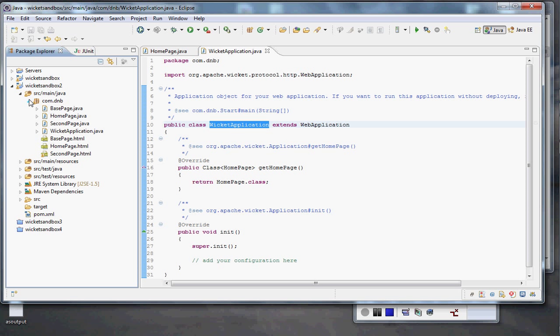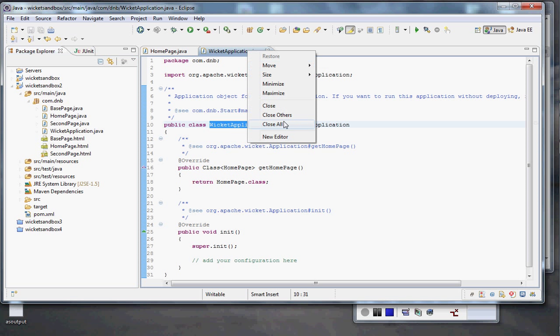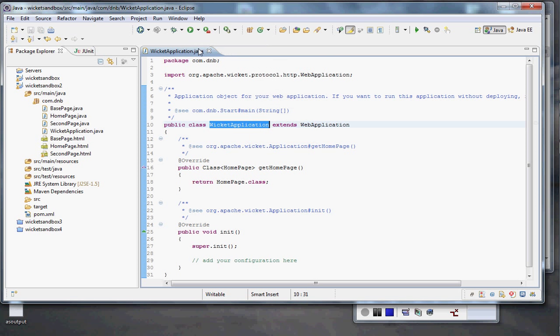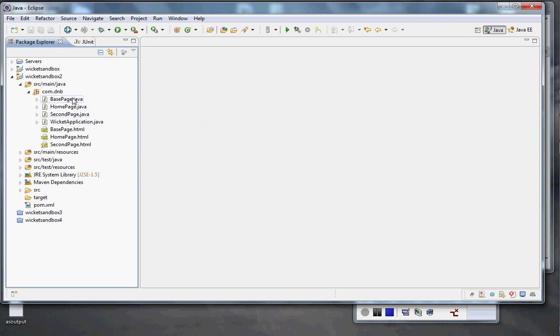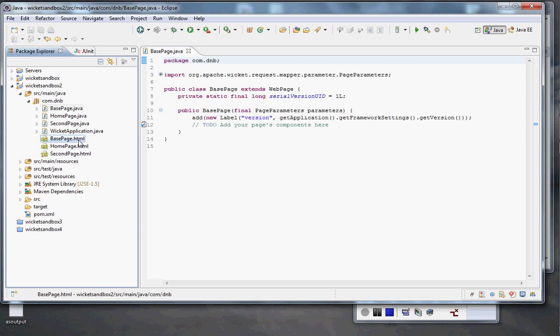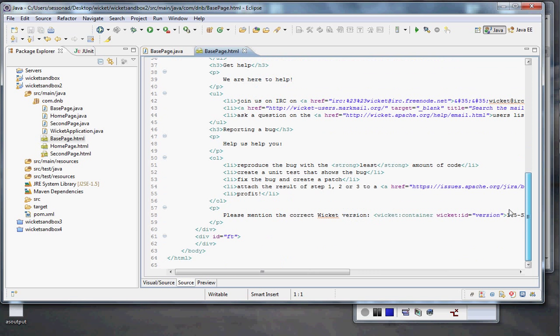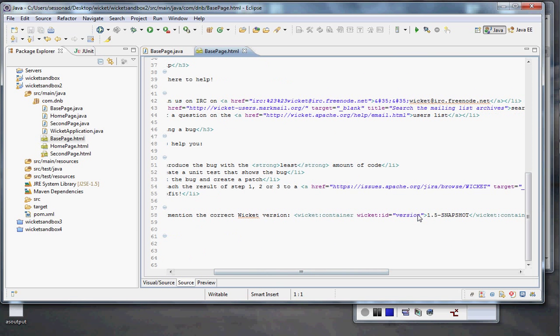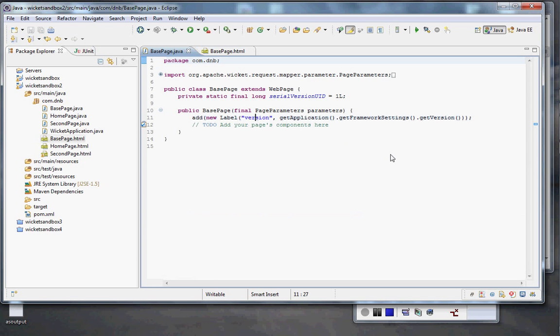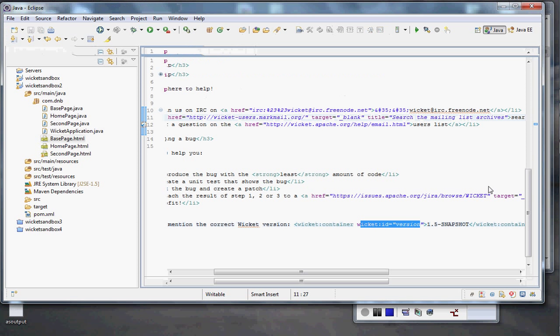What do I mean by that? So let's start to create our pages. I copy the home page in this new project. It's exactly the same page, and I call it base page. Let's close everything. Let's open the base page HTML. So as you can see, it's exactly the same. Nothing crazy about it. That is still the same wicket identifier, and on the Java side, it actually adds the version number of the framework to that label, which is fine. The only difference is this: